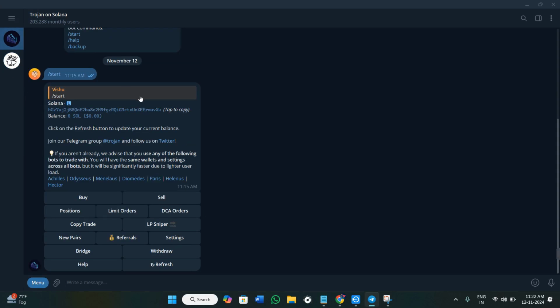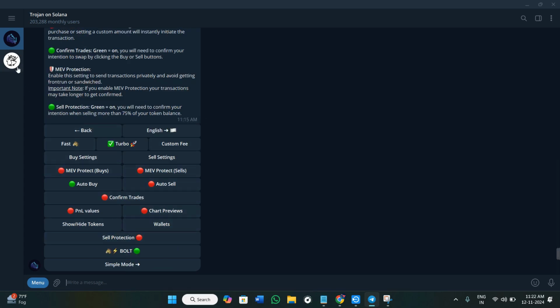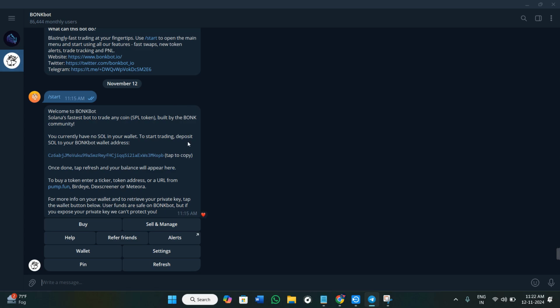scenarios. Trojan bot is ideal for those who value security and want more control over their trades. The additional safety settings help minimize risk when trading highly volatile meme coins. You can choose Bonk bot. Bonk bot is suitable for experienced users who prioritize speed and are comfortable with less guidance and